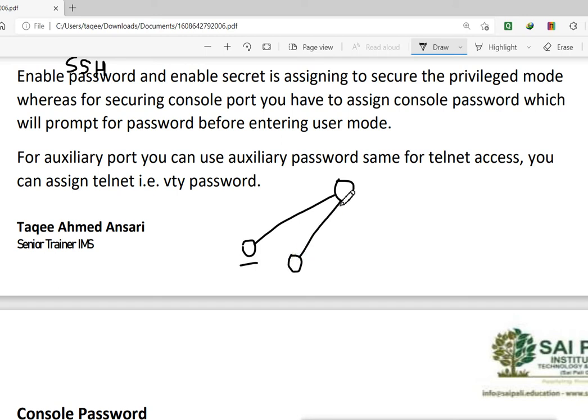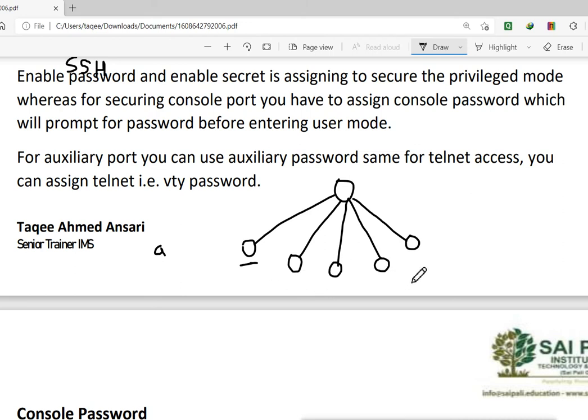We have configured the password A. So it is going to ask password A when the first connection comes, then the second connection comes, password A, third connection comes, password A. Remember, all these connections are connected. Then the fourth connection comes, password A. The fifth connection comes simultaneously, all the connections are connected. These machines are all accessing the router through telnet. They will all be asked the password A.